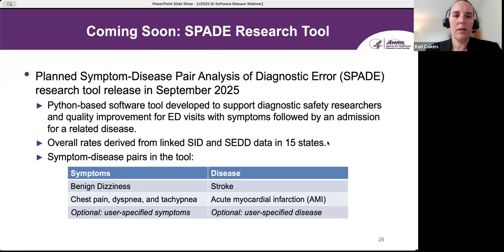Next slide. Moving on, we'll talk about the ongoing efforts related to diagnostic safety at AHRQ. The first one is a planned research tool focused on the symptom disease pair analysis of diagnostic error, or SPADE, research approach. This tool will be released this fall. It's a Python-based software that's meant to support diagnostic safety researchers and those focused on quality improvement. And it looks at a linkage between ED visits and follow-up admissions, where the ED visits have symptoms that are suggestive of a downstream disease process occurring,